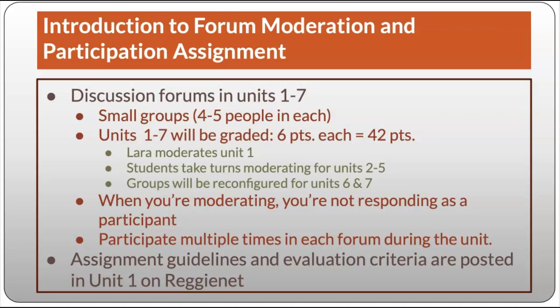So you're going to be engaging in small group discussion forums between Unit 1, which is now, and Unit 7. There will be no forums in the very last unit of the class. The small groups will be 4 to 5 people in each, and all of these will be graded at 6 points each with a total of 42 points. However,